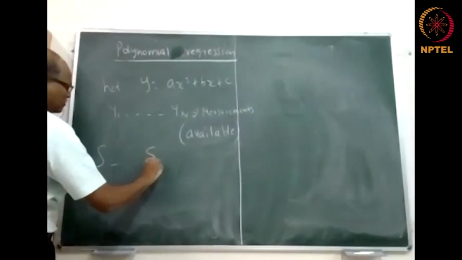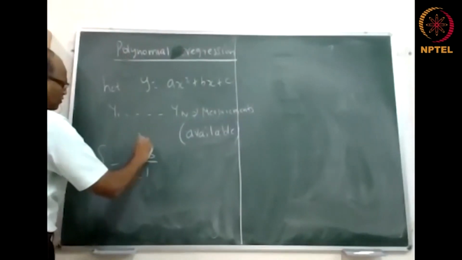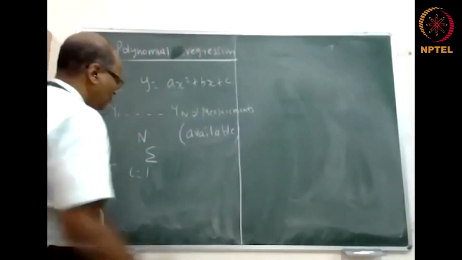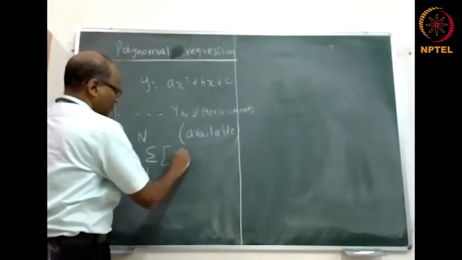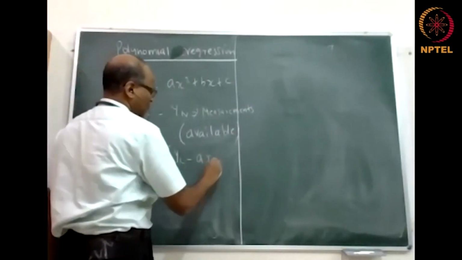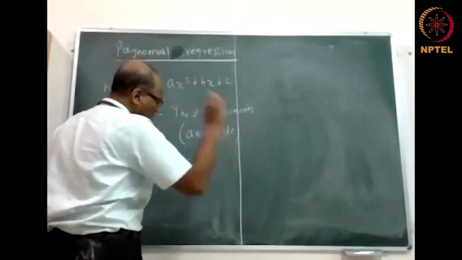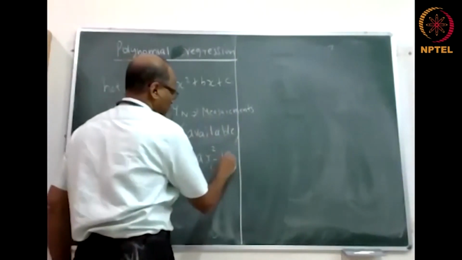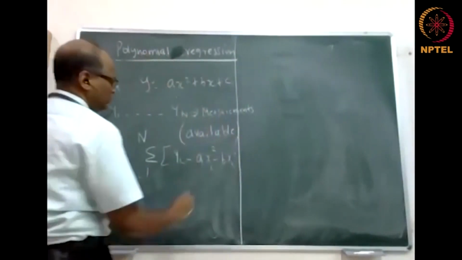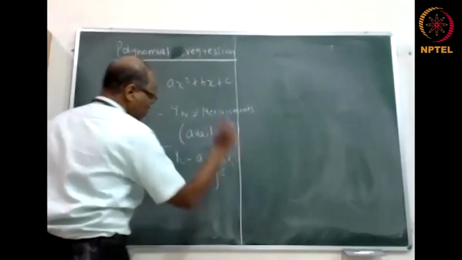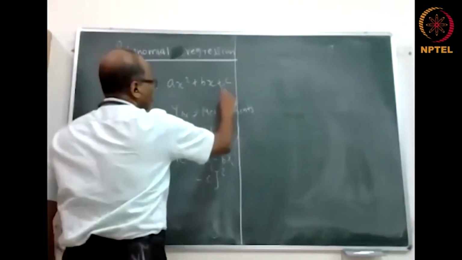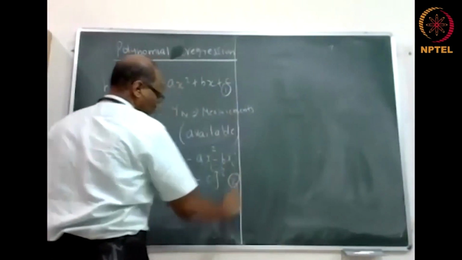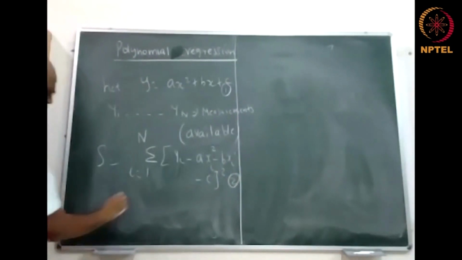S equal to the sum over i equal to 1 to n of (yi minus a xi squared minus b xi minus c) whole squared. Sorry, I'm again going to start with 1, because I lost track. So dS by